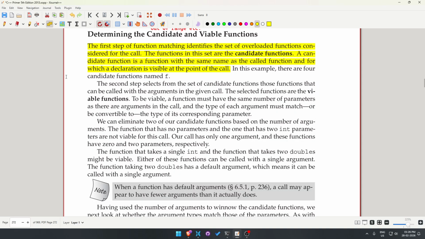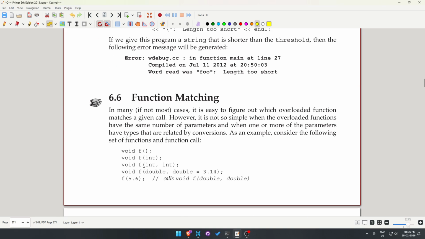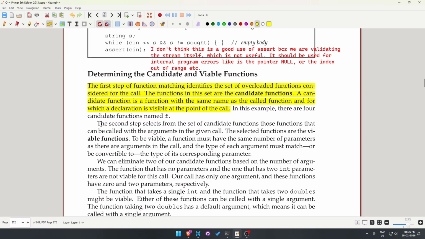In this example, there are four candidate functions f. The second step selects from the set of candidate functions those functions that can be called with the arguments in the given call. The selected functions are the viable functions. To be viable, a function must have the same number of parameters as there are arguments in the call, and the type of each argument